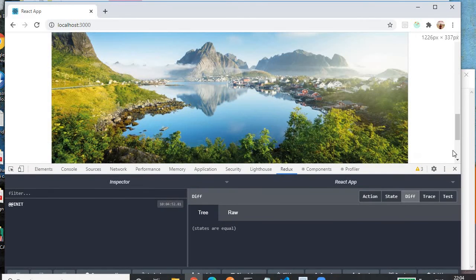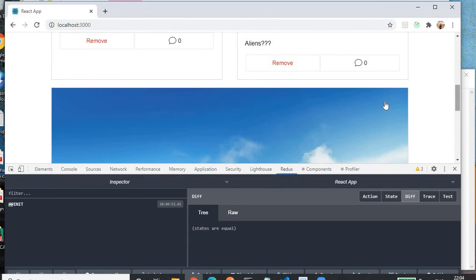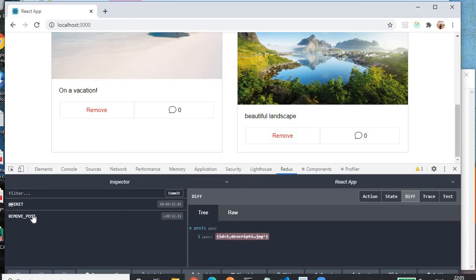So now I will not click on the 0 index, let's click on the array index 1, the first index. Click on this, then our remove post is triggered. We'll go to the action, you will find the index is 1. Okay. So in this way we can track the action, what the current state is, what the action information is, what the difference is, what the action has done to our state. All this information we can debug here.